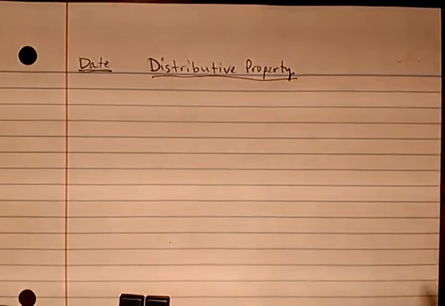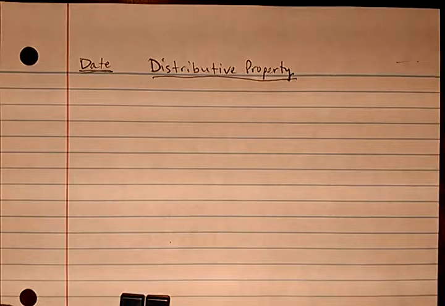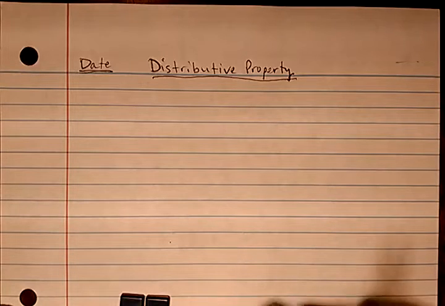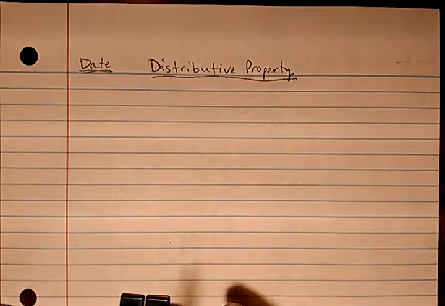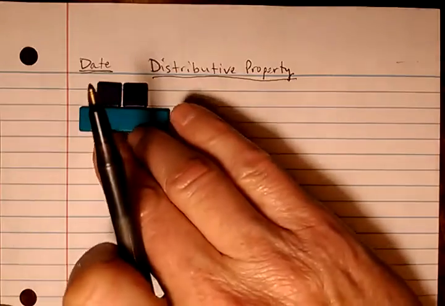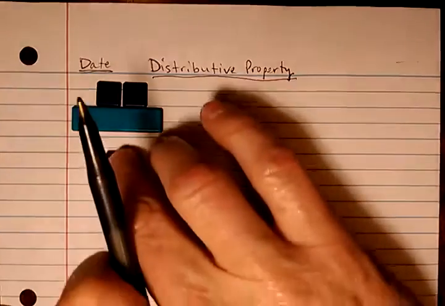We studied the distributive property earlier in the year, and we talked about drawing the rainbow arrows, and we're going to show that again today. But first, what we're going to do is look at some algebra tiles to help us understand the distributive property. So I made a funny looking robot